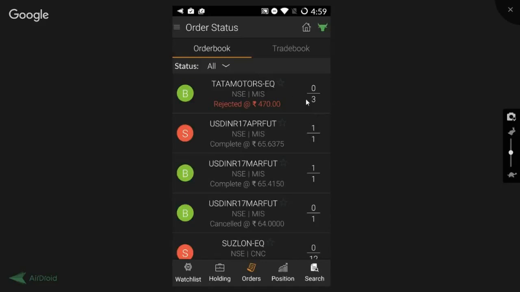Over here, there is a pie symbol given. What is this? This is nothing but if our orders sometimes get executed partially, it is shown over here. So if we've purchased three of them, supposing we've placed a market order, and by the market demand and supply forces, only one of them gets executed, then it would be 1 on 3. So this is the fraction of the orders that have been completed. So we get back to the dashboard.